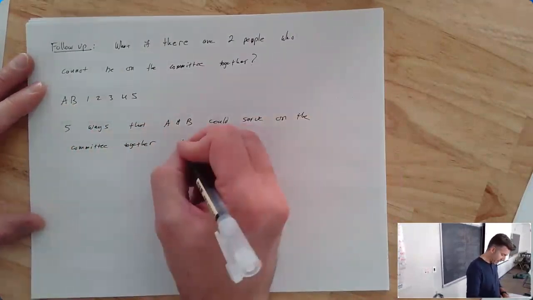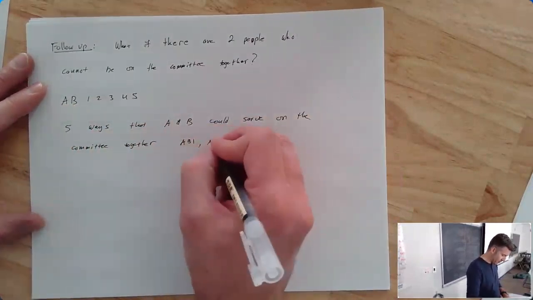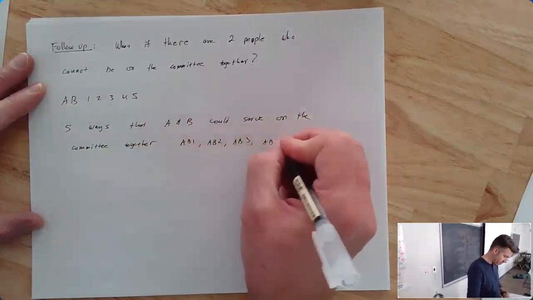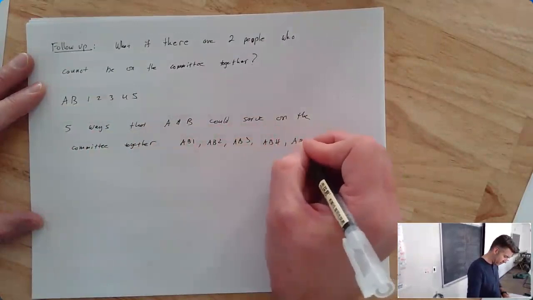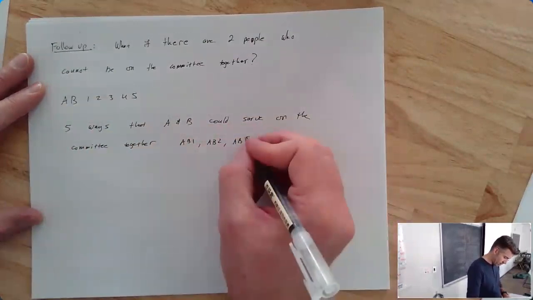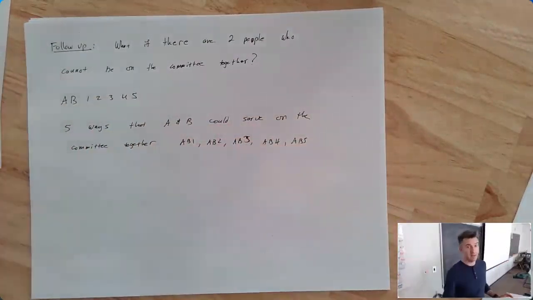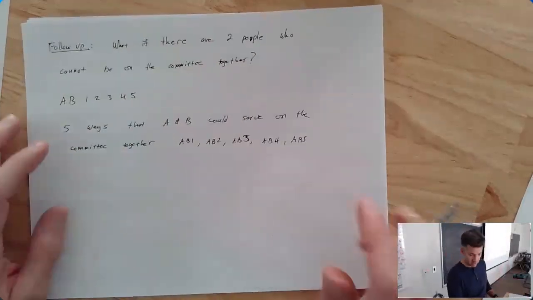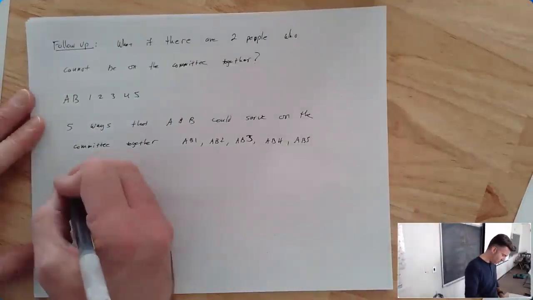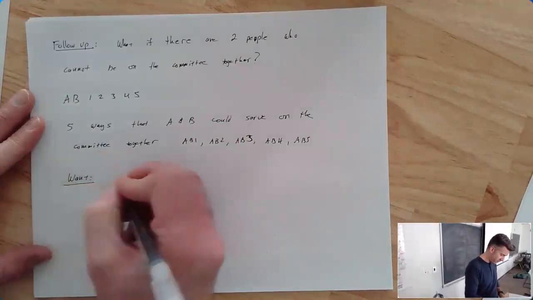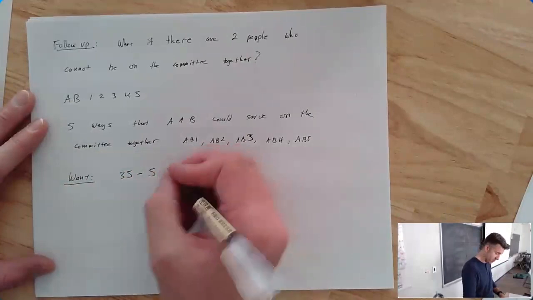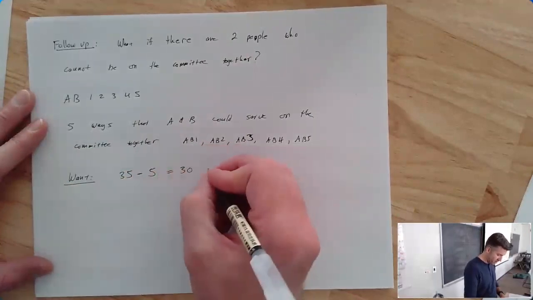Right? You could have A, B in person 1, A, B in person 2, A, B in person 3, A, B in person 4, A, B in person 5. Sorry, that's the 3. So of the 35 different ways of selecting 3 people to serve on this committee, there are 5 of them we don't want. So it looks like we want our 35 total ways minus the 5 ways that have A and B together for a total of 30 committees